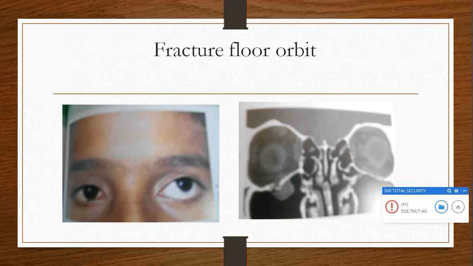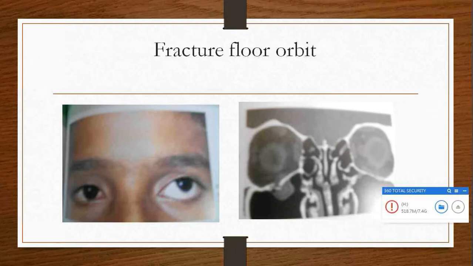So this you can easily approach by swinging lower lid incision. You can cut the lateral canthus here and take a vertical incision, and then take the incision from the conjunctival side into the inferior orbital margin, and you can expose the periorbita here, elevate the periorbita, identify the fracture site, and release the entrapped inferior rectus, and then place a plate, silicon plate, to close the fracture gap, and then you can close the conjunctiva, and then repair the lateral canthus.